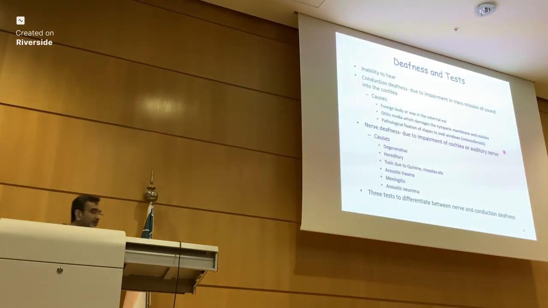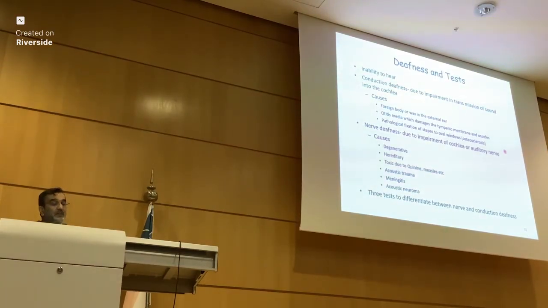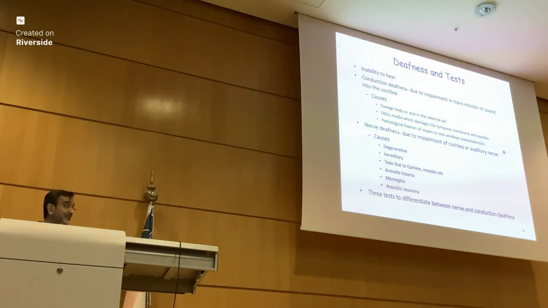Okay, now we're coming to the last piece, which is deafness and tests of deafness. Inability to hear is deafness, and we have two types of deafness. One is conductive deafness, which is due to impairment in the transmission of sound into the cochlea. Causes could be a foreign body, wax in the external ear, otitis media, which damages the tympanic membrane, or ossicles are